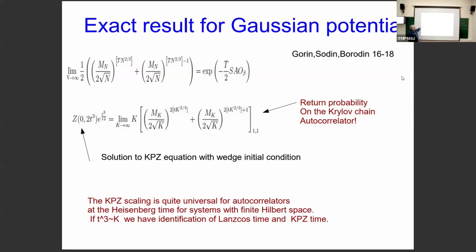Then we use the behavior, the spectrum of operator is related to the partition function of this polymer. So this set of relations provide you the interpretation of autocorrelators, which are right-hand side, and the solution to KPZ